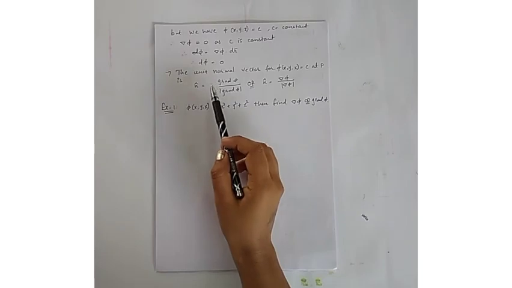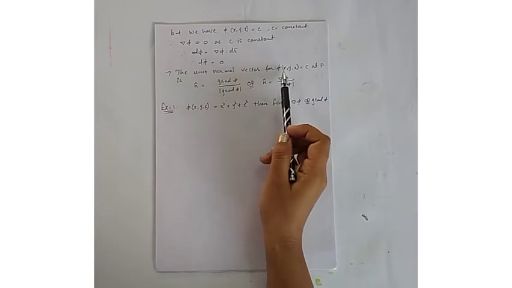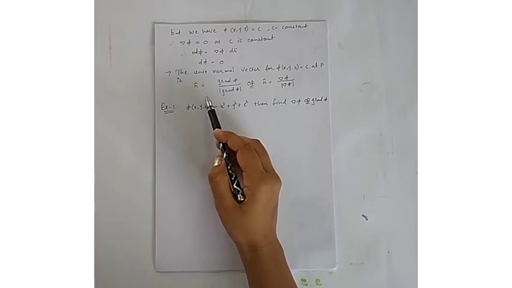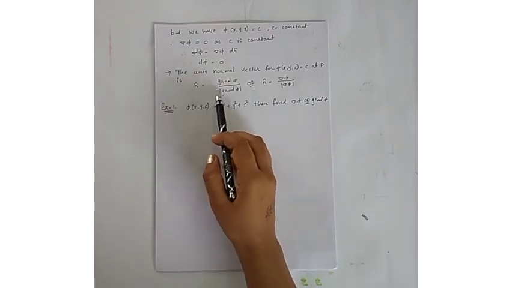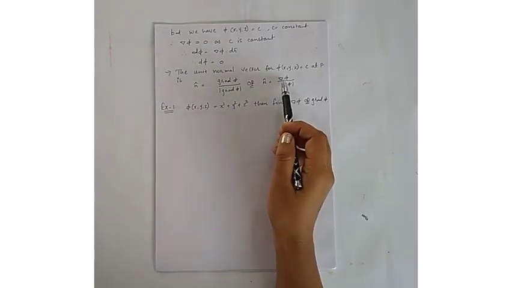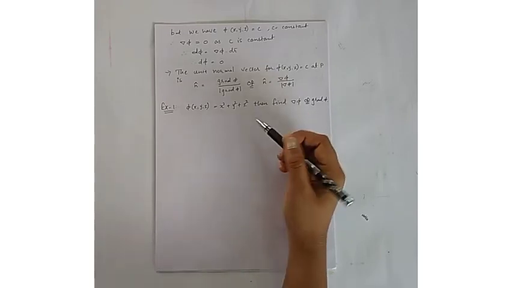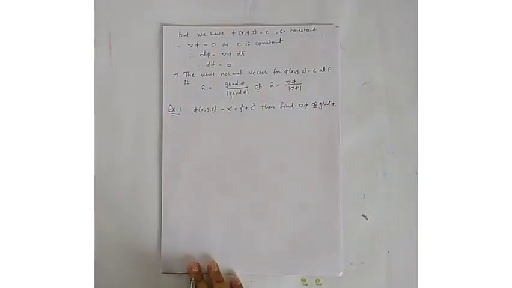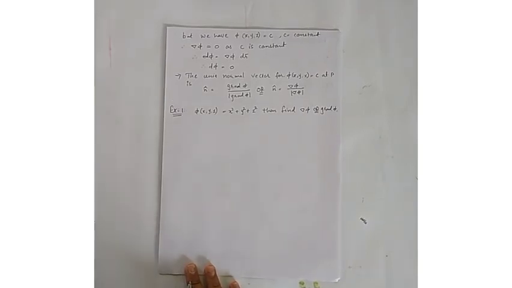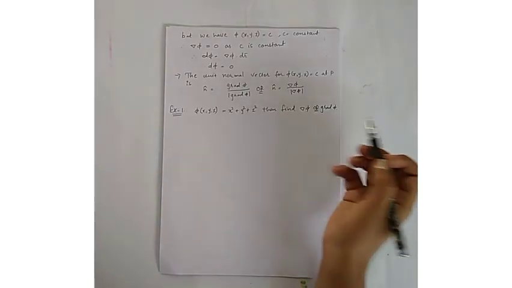So now we are going to move on to the unit normal vector for the function phi of x, y, z equal to c at the point P. The definition of the unit normal vector is n caret equal to grad phi upon absolute value of grad phi, or you can write it as nabla phi upon absolute value of nabla phi. Right. Here is one example. The function is given: phi of x, y, z is equal to x square plus y square plus z square, then find grad phi.